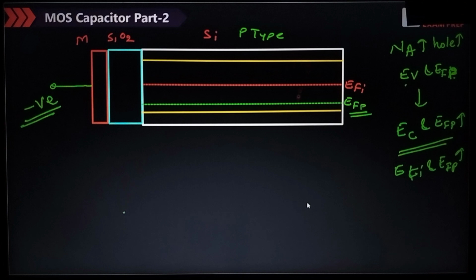then what will happen? At the far end, there will be no effect. But finally, the holes will be collected near the junction, near the interface of the semiconductor and the SiO2 layer. Yes, so here the holes will accumulate. When there is an accumulation of the holes, the Fermi level at this end will bend. The Fermi level will bend means